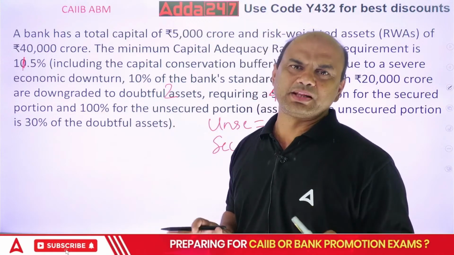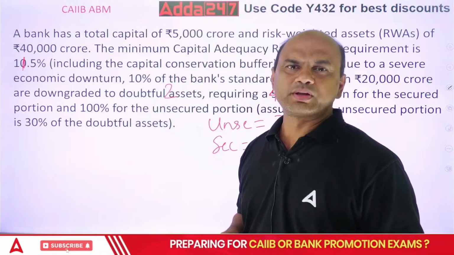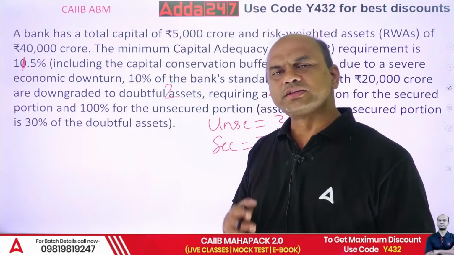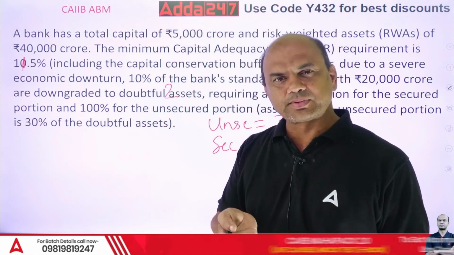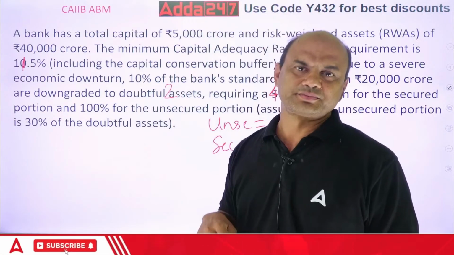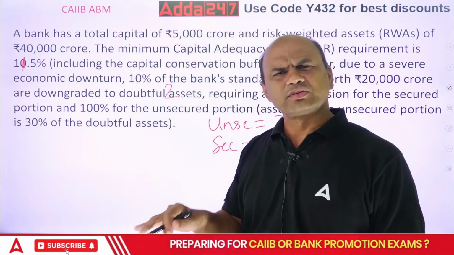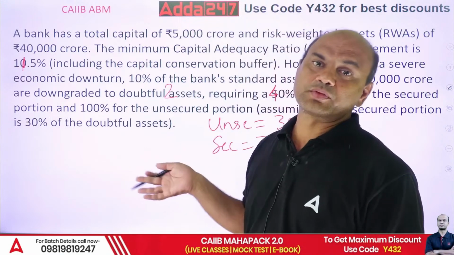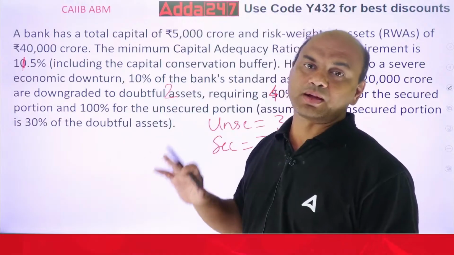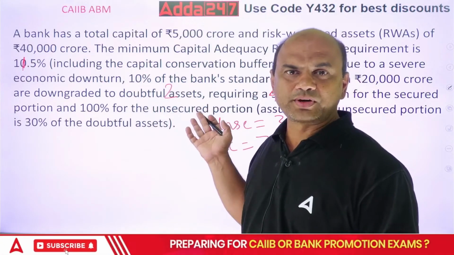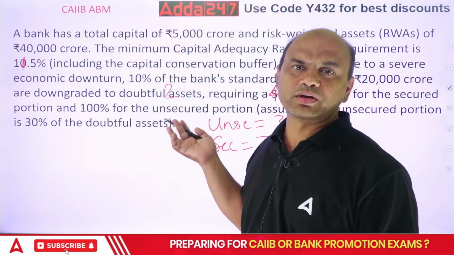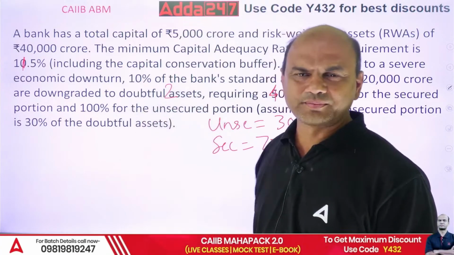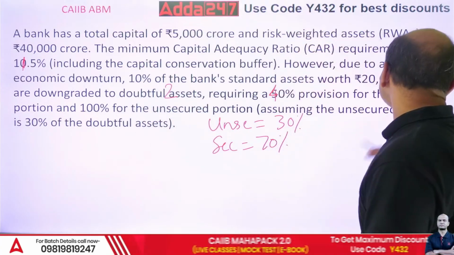See this, capital includes 4 parts. One is your share capital, second is your net profit, reserves and surplus, and revaluation reserves at 45%. So these 4 elements are only there. Okay, so from there you will have to reduce it. Now nothing is given, only capital is given. No net profit is given, no R&S is given, no revaluation is given. So take capital only.